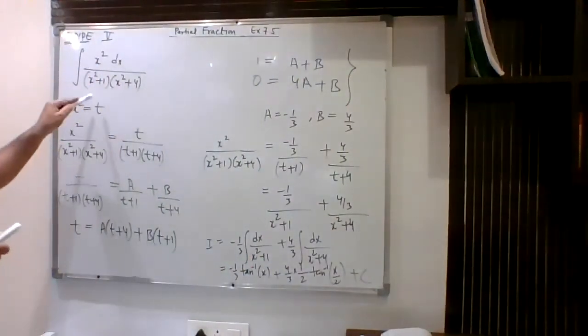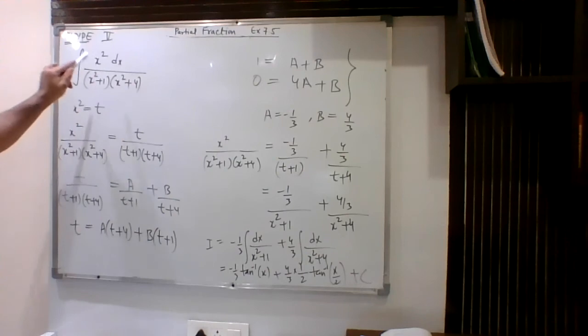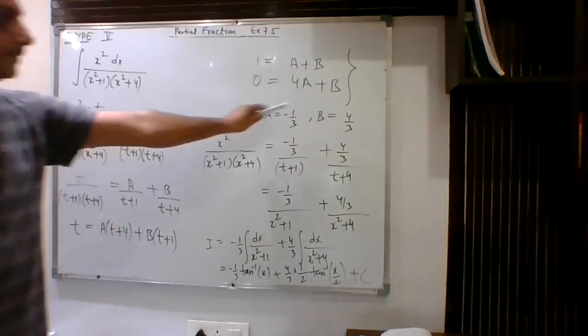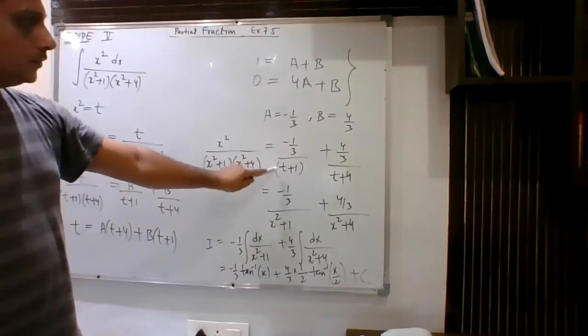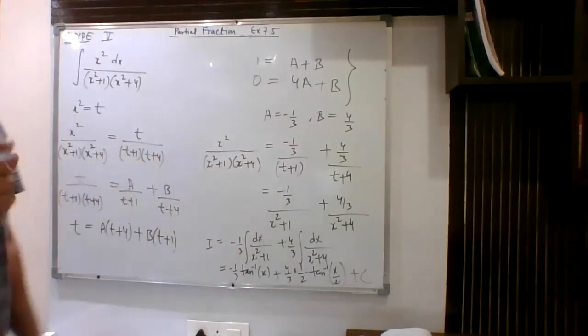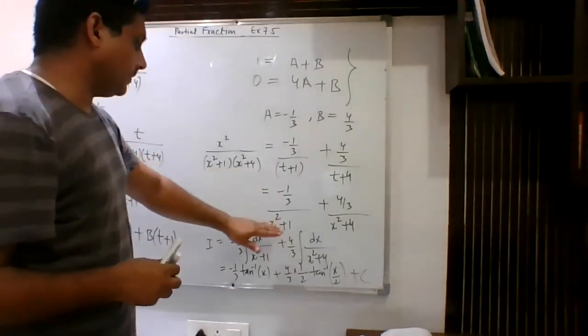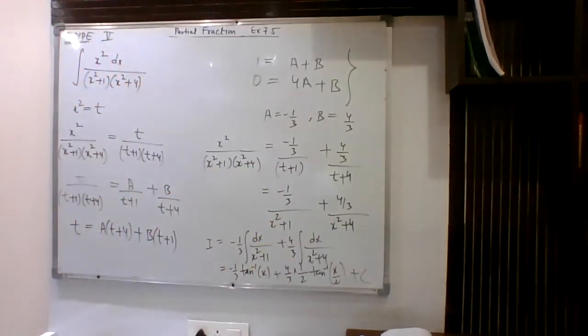So here, when all the powers of x are even, then you will put x square is equal to t. You will not convert the question to dt form. We are considering the integrand. We have written it like this: partial fraction. We got the value of A and B. So that means this integrand can be written in this form. Now you will get that in terms of x, because you are not allowed to integrate in terms of t. So we get back in terms of x, and then we are integrating, and this will give you the final answer.